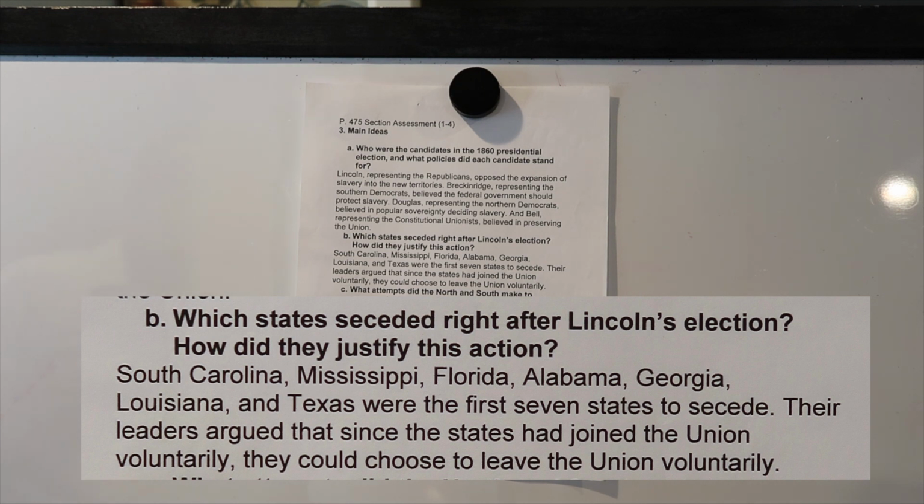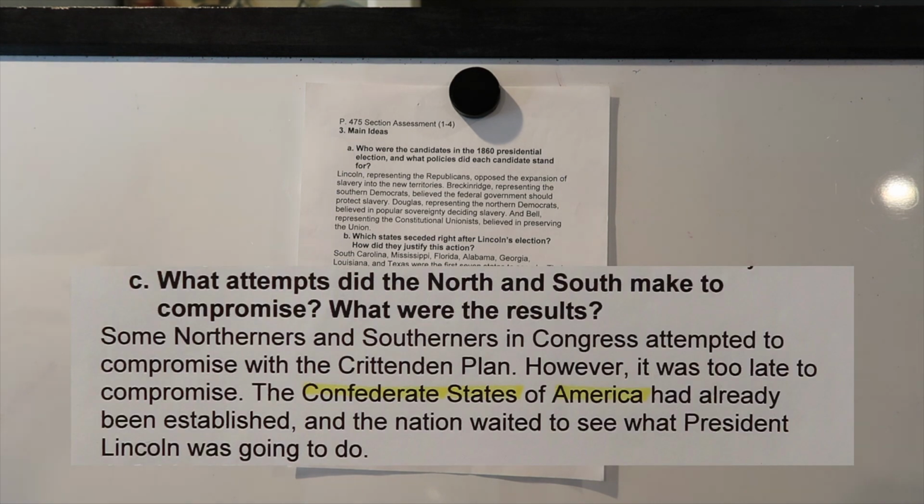But the Constitution doesn't say you can't secede. So in the arguments of the Southerners, maybe you can. Letter C says, what attempts did the North and South make to compromise? What were the results? Some Northerners and Southerners in Congress attempted to compromise with the Crittenden Plan, named after one